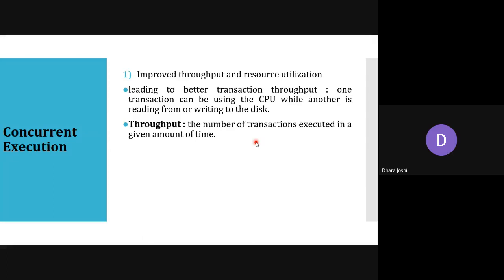If it is serial, the number of transactions will be less. But if we are talking about parallel execution, then in this 2 hour slot, multiple transactions can occur. So we can say throughput is also improved.